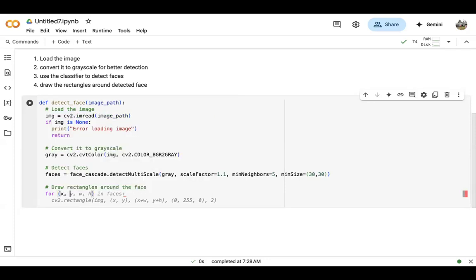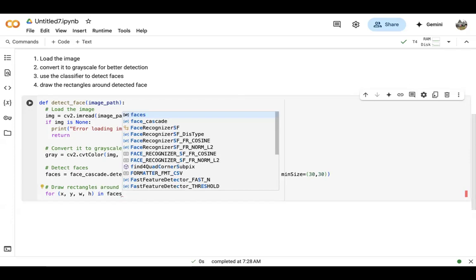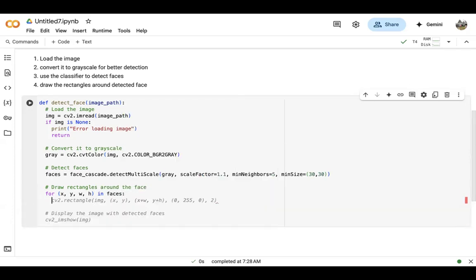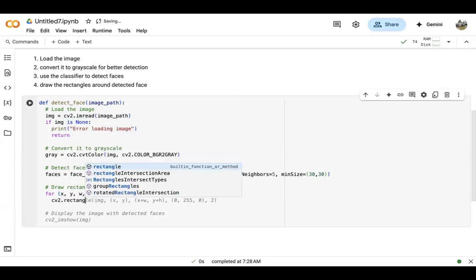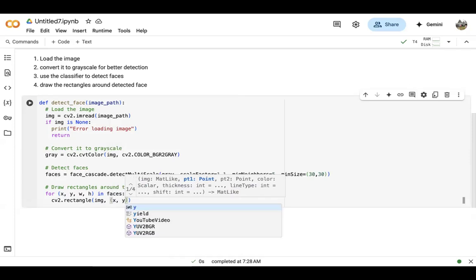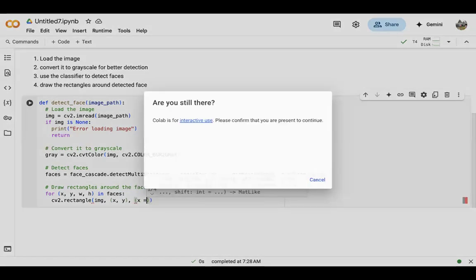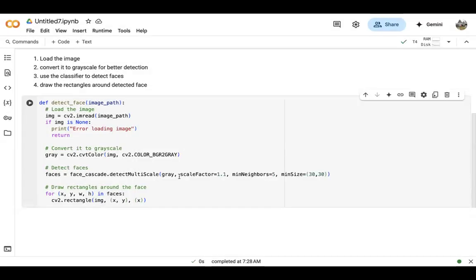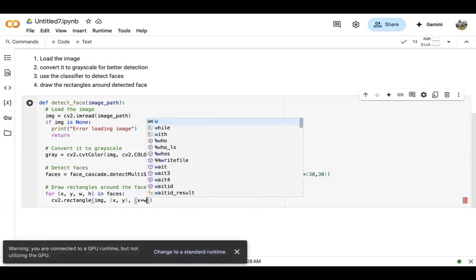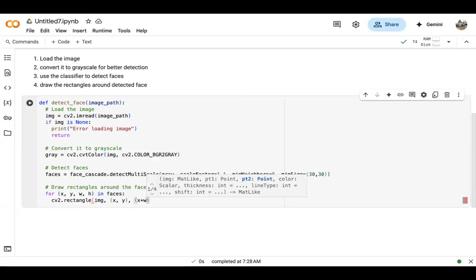For x, y, w, and h in faces, cv2.rectangle, x and y, and then the x plus, oops, it's always x plus w, the width, and then y plus the h,